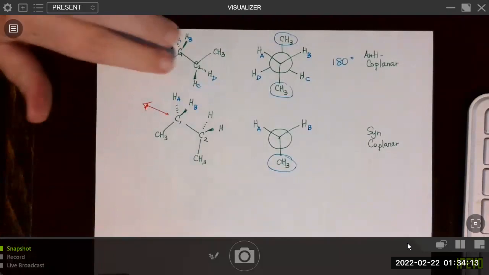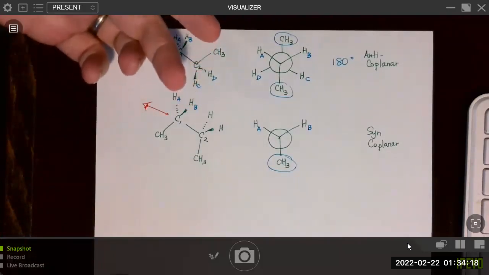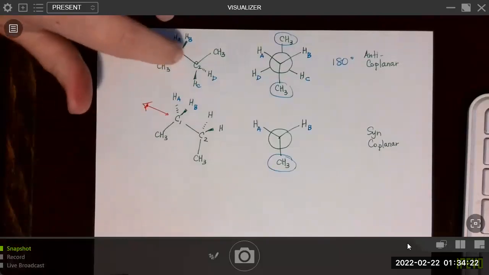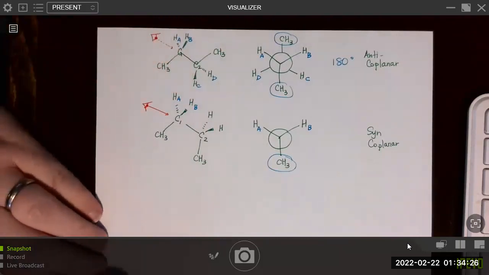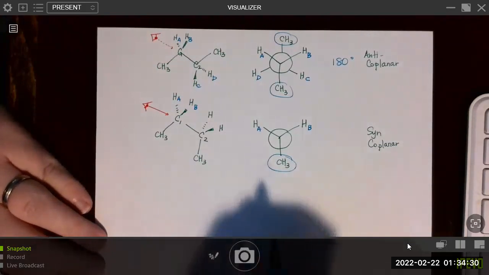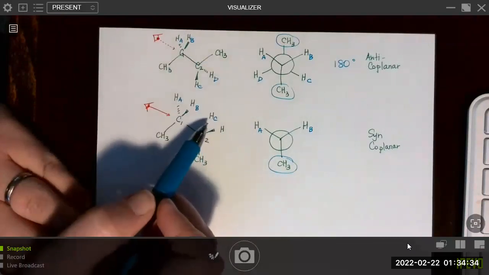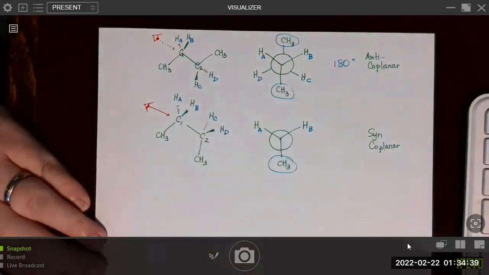So what happens is, if I take something that's pointed out at me and I flip it over, then it's going to be pointed back. And the same thing is also true if it was pointed back and I flip it 180 degrees, it will be coming out at me. When I label these, I should label this. What was coming out when you flip it over is now pointed back. So this is now HC, and this is HG.